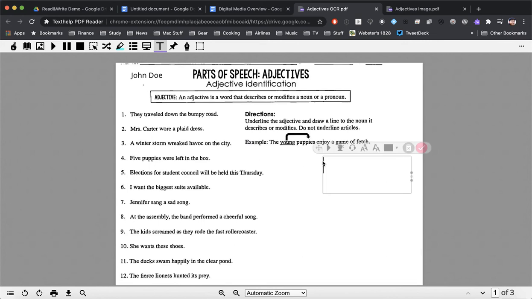Now, another way that you can use this, though, is you could use word prediction in here, just like you would in a Google Doc, or you can use talk and type, and you can speak whatever it is that you would like to put in that box. So you can pull up the word prediction and use the suggestions.